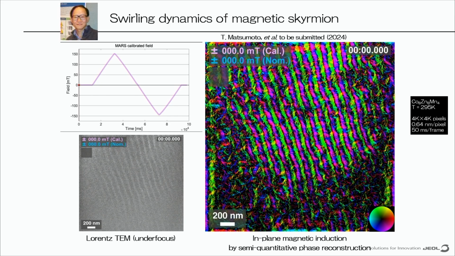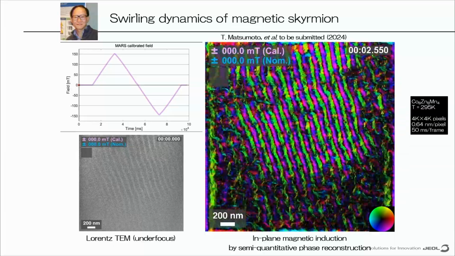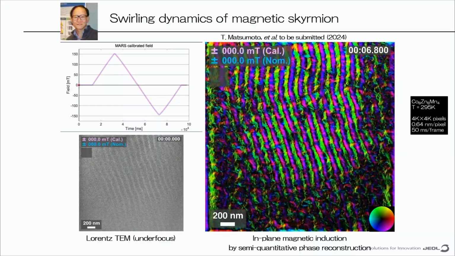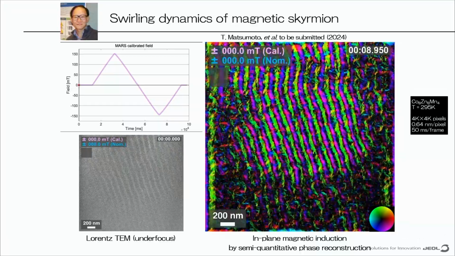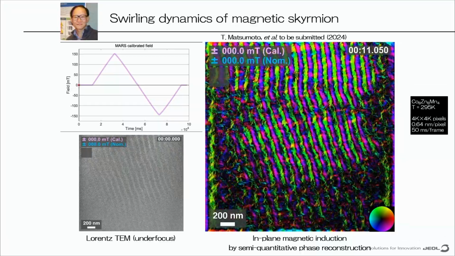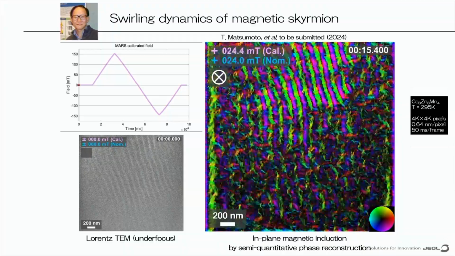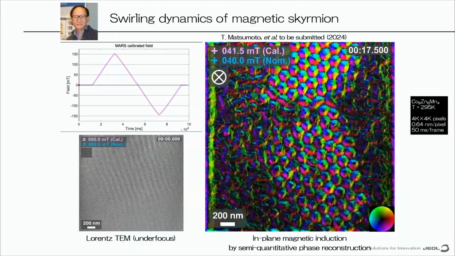Taking it again to that atomic resolution kind of level was the last example. I think this movie should be going. This is the STEM reconstruction. You can see the magnetic domain. This is now in this kind of helical structure, kind of going in and out of the plane. Now we started to apply a field perpendicular to the plane,